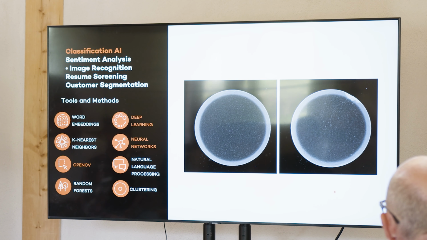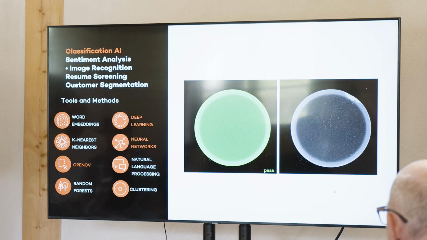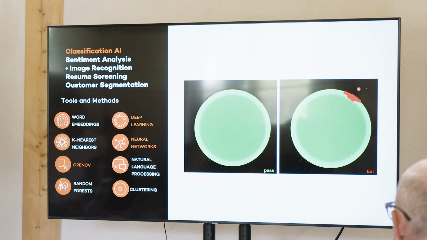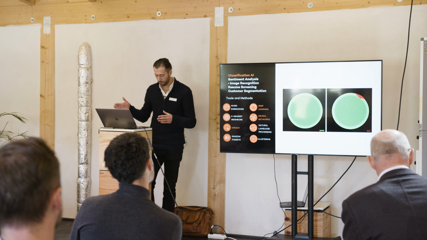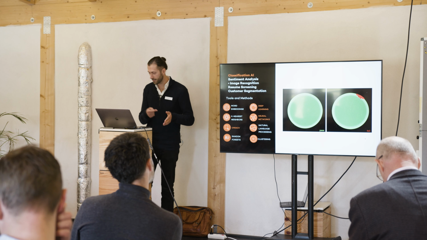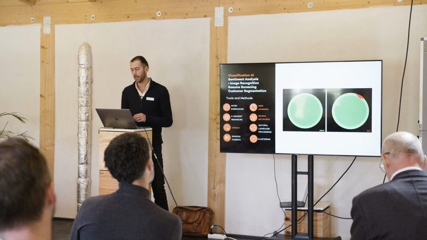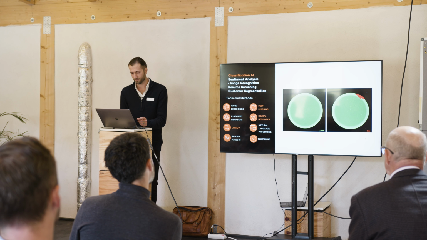What we want to do is train a computer vision model to scan these and notice if there are any anomalies. We would visually inspect the one on the left against a certain criteria, and it says, okay, this is a pass. Whereas when we scan the one on the right, it notices a defect here, and it marks it as a fail, and therefore it can be removed from the processing pipeline down the road. So this is a very powerful thing. If you just have a camera scanning parts as they go by, you can find defects like this.